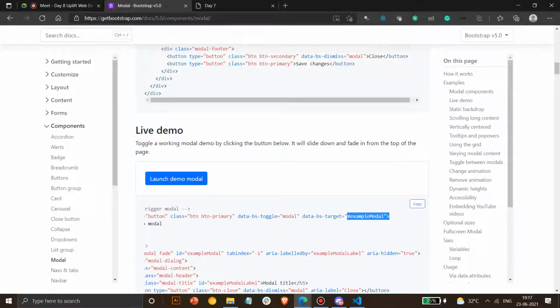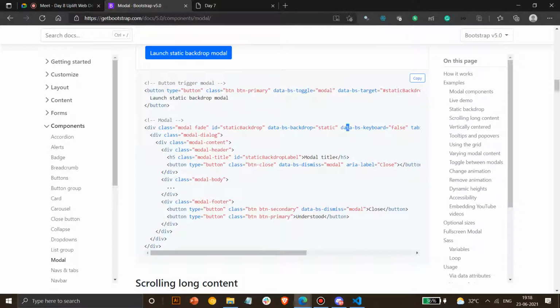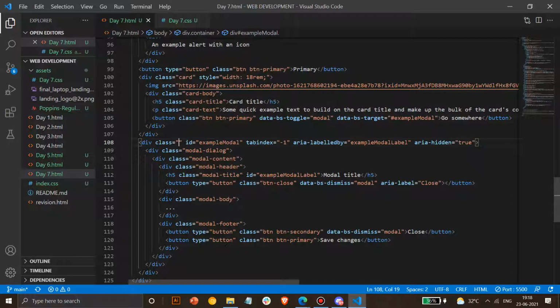And data target specifies which modal to use, and in id you have to specify that. And you have to use hash for it. If it's an id, you use hash; you can use dot if you are using a class, but class isn't recommended at all. Always use id here. So that's how you call the modal, and then you can modify other parameters if you want here. These are basic divs and values of different Bootstrap parameters. You don't have to learn each of them. You can just go through one by one and see what each of the following does. If you want to know what a specific Bootstrap class does, basically comment it out or remove it, and you can see the use of it.